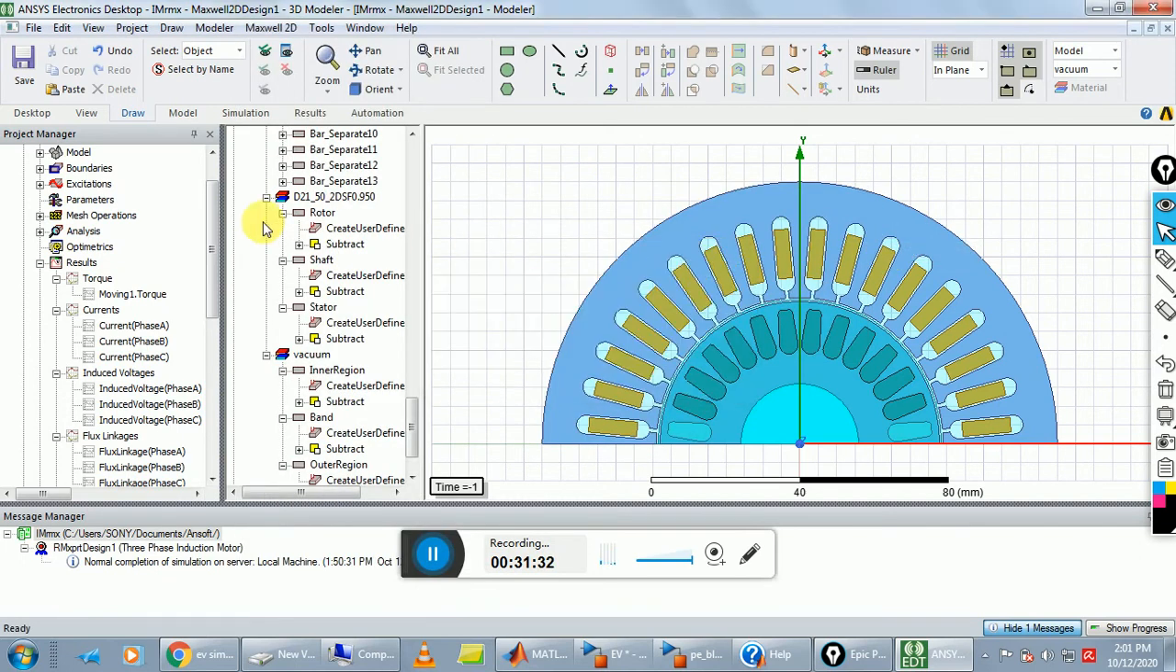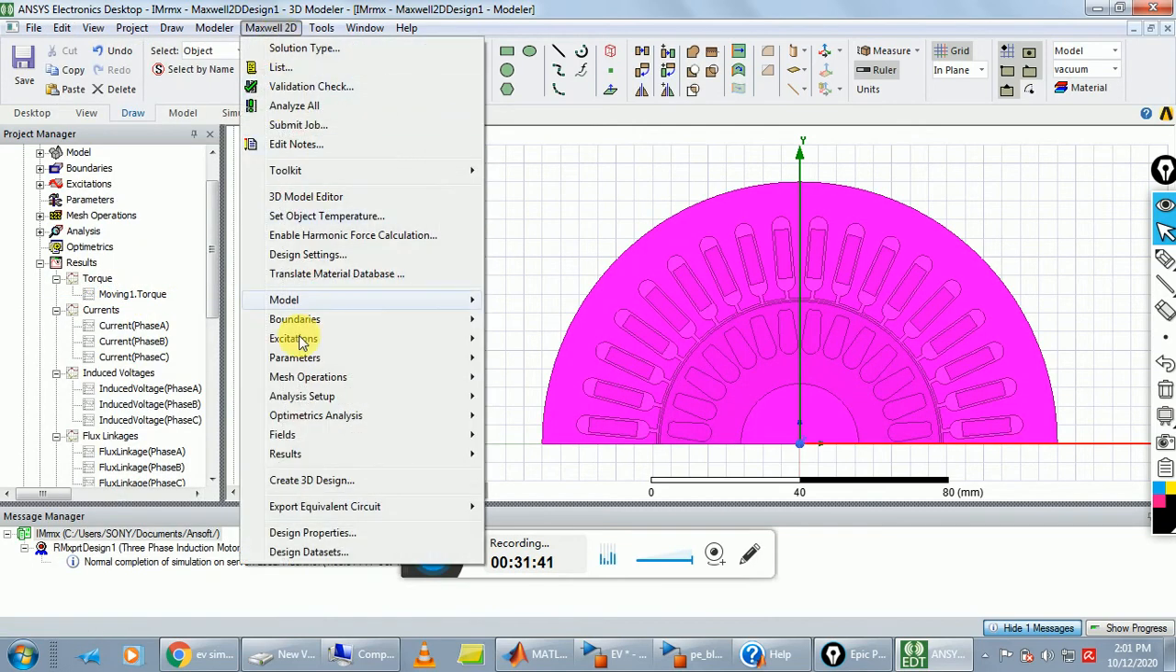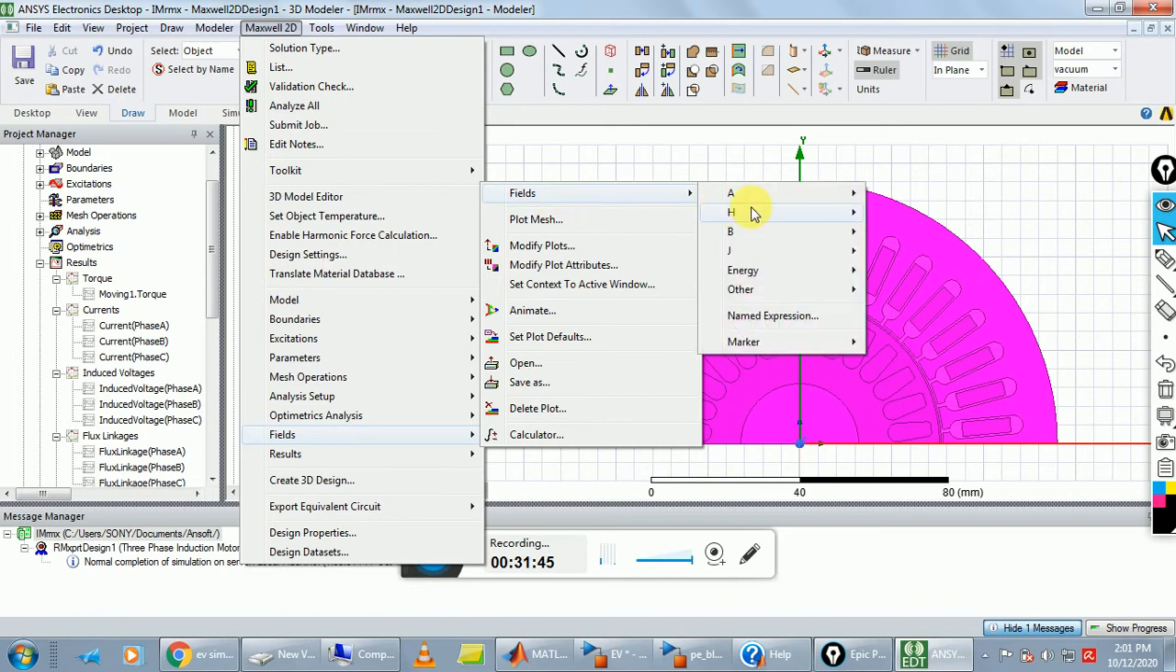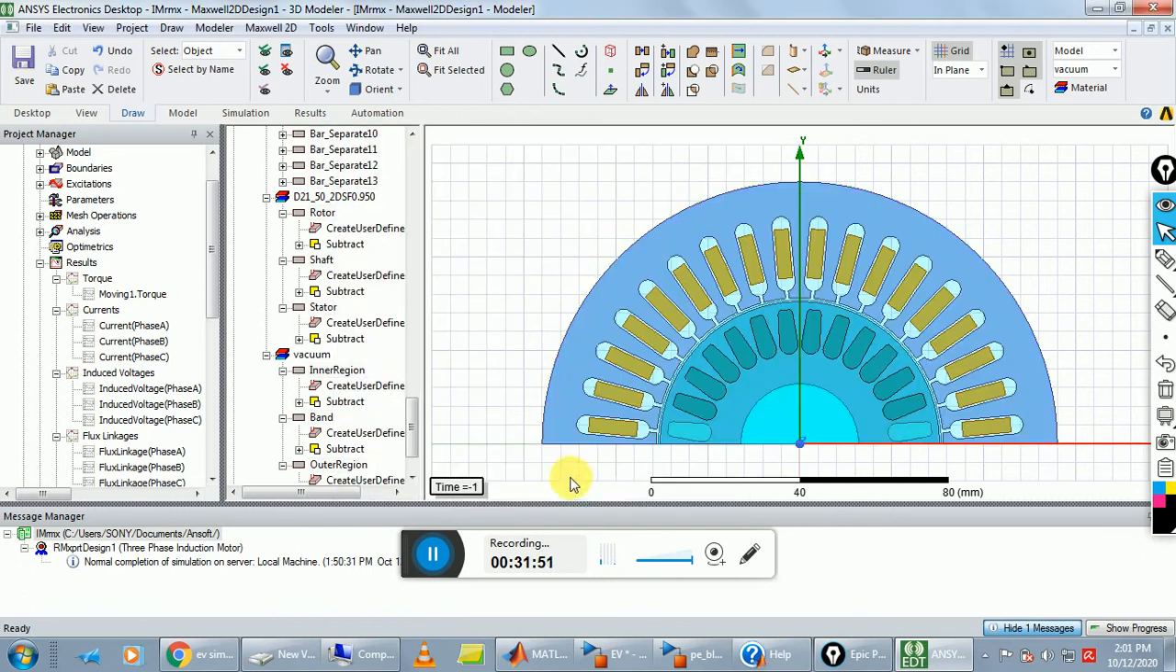Okay, here we forgot the selection of geometry. First select the geometry, select all object, go to Maxwell 2D fields and fields, click on B vector, in volume select all object, done. Okay, after the completion of this step we apply